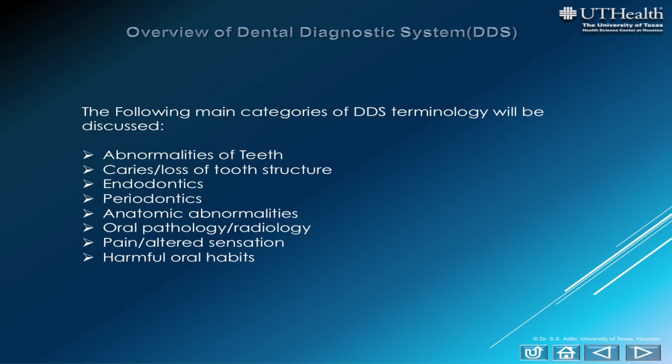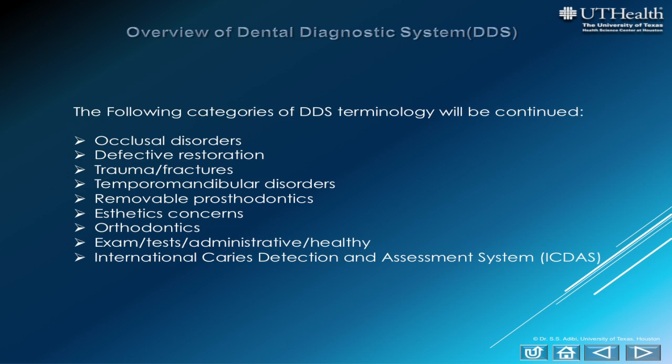The following is a list of the main categories of DDS terminology. Abnormality of teeth, caries or loss of tooth structure, endodontics, periodontics, anatomic abnormalities, oral pathology and oral radiology, pain or altered sensations, harmful oral habits, occlusal disorders, defective restoration,